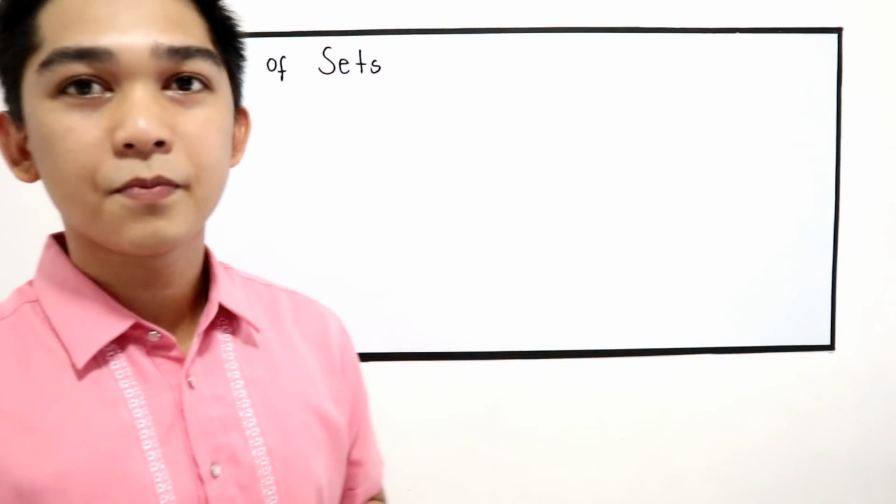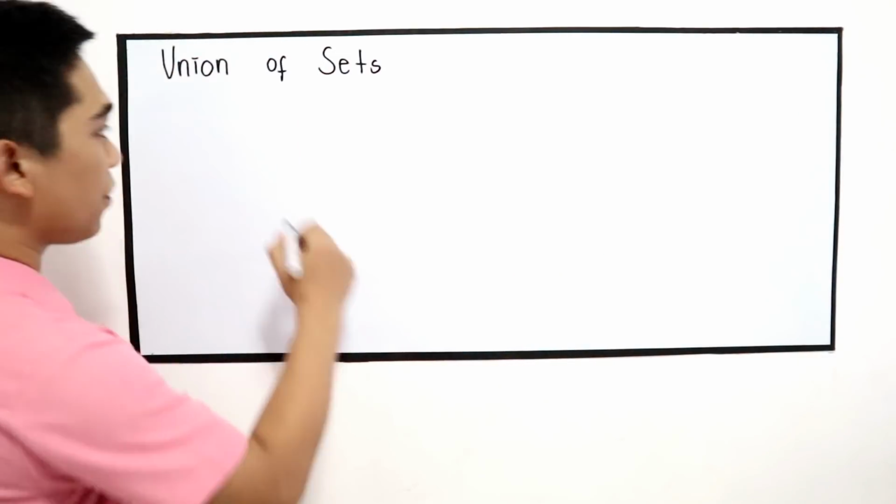Let us start with union of sets. In my class, before I'm going to discuss this union of sets, I always ask my students, what are the synonyms of union? Some will say the synonyms are merging, joining, or combination. Well, those terms are correct. Union of sets, if we're going to draw in a Venn diagram,